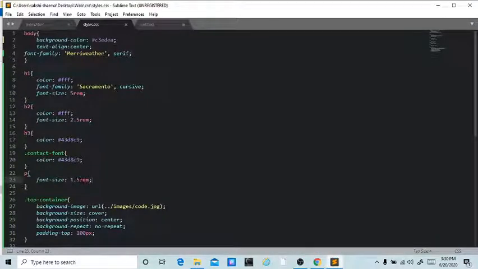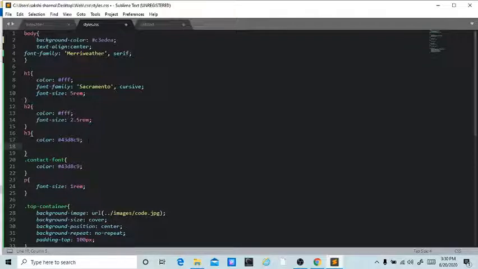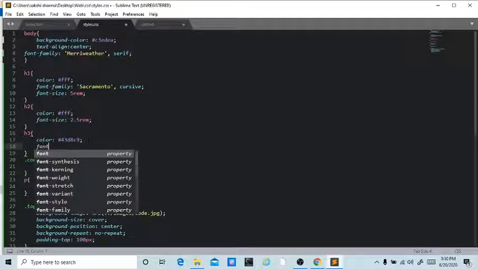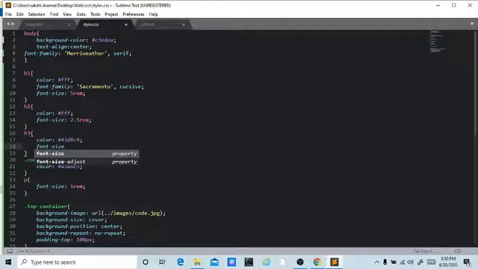So you can see 1.5 rem is looking much bigger than the main heading. So let's go with 1 rem, and let's add font size to our H3, 1.5 rem.